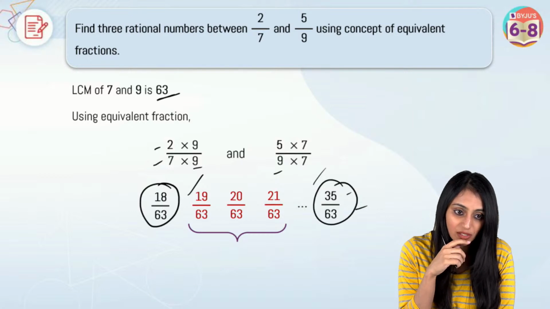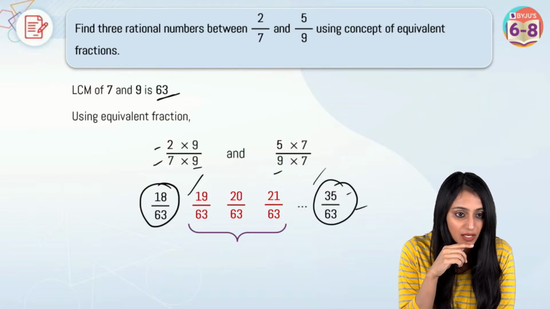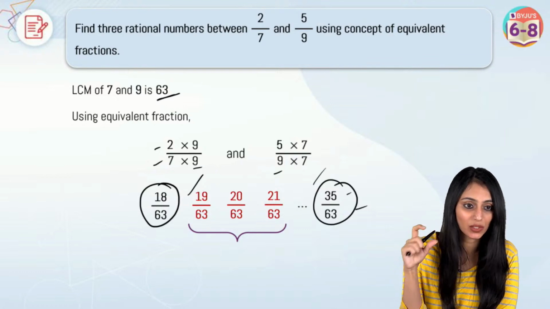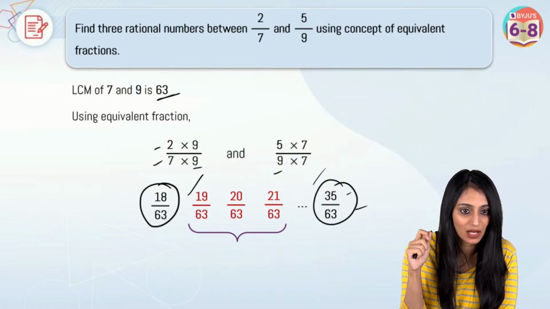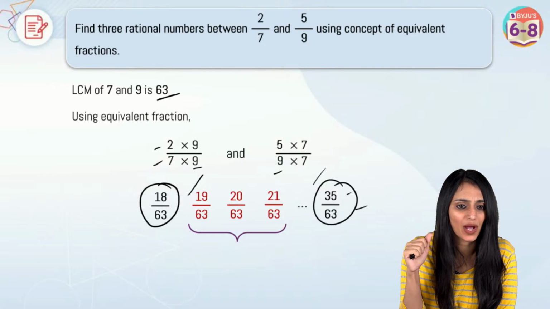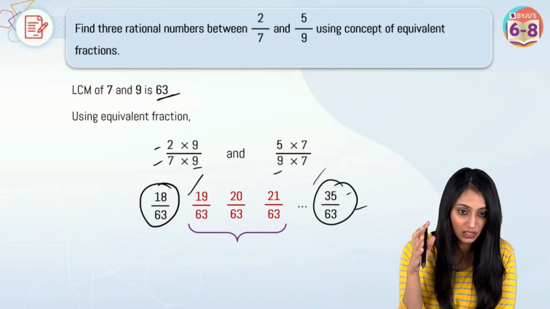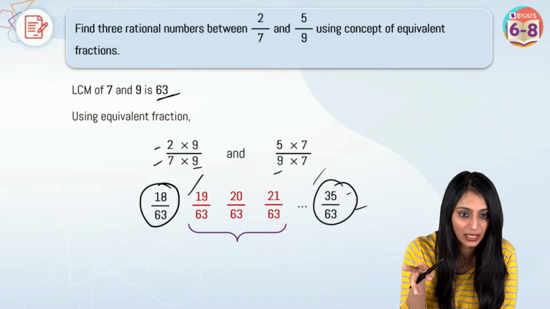Argyakar, 22 by 63, that's correct. Not only 19, you should say 19 by 63, because we're talking about the rational number here. Yes, Nandini, why are you confused? That's okay, Gungun. Yours is correct. So whomsoever was saying it's 15, 16 or something, it is not lying in between them, right?